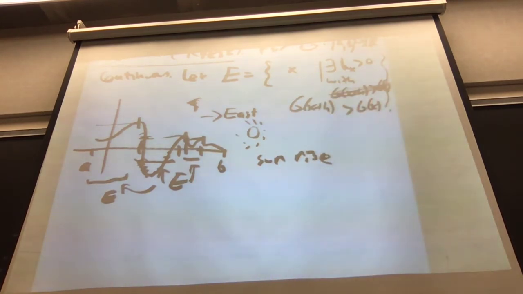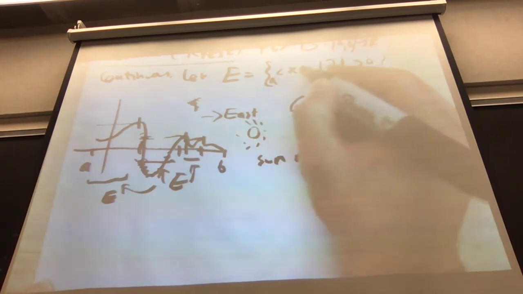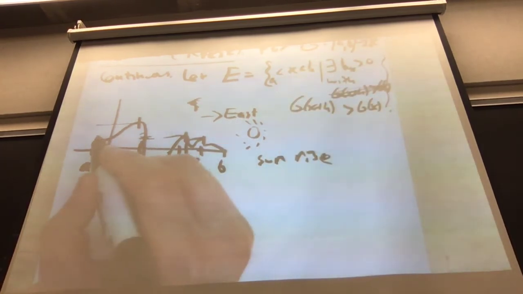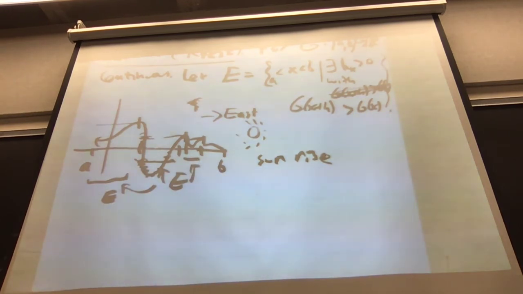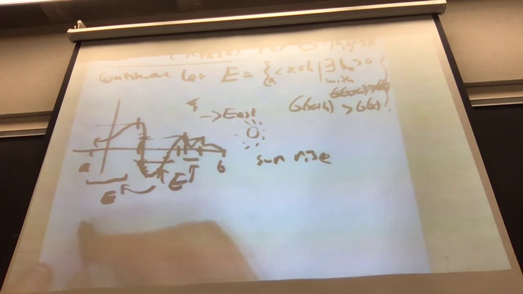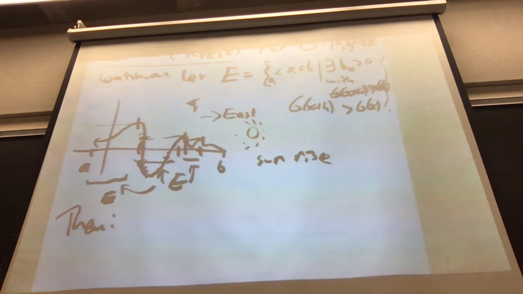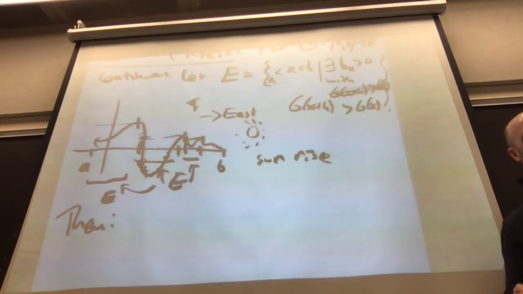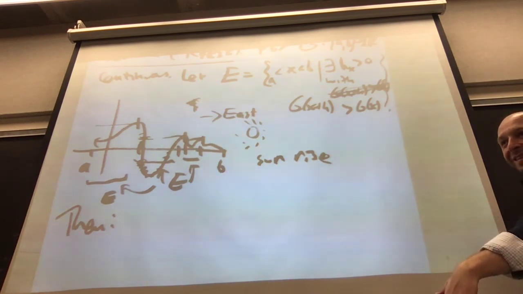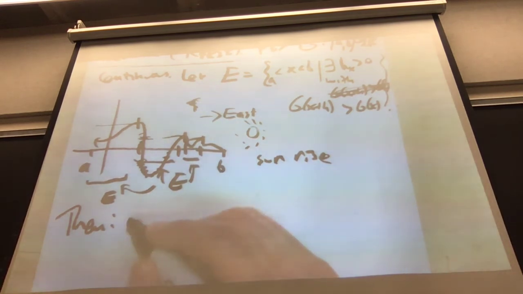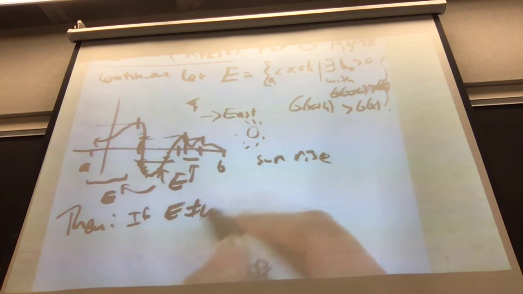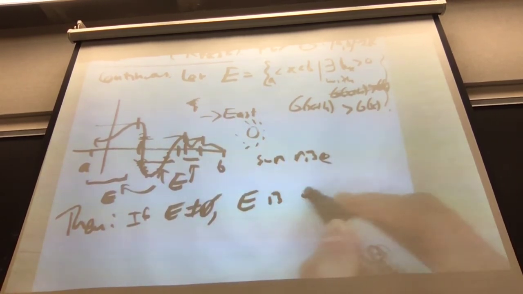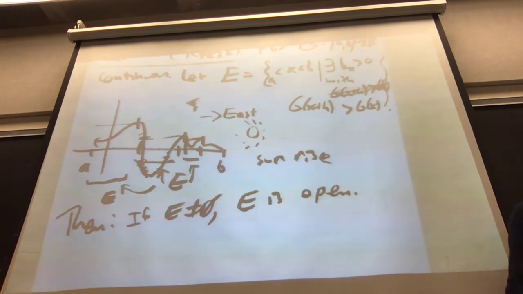The book gets a bunch of things wrong about this, incidentally. So I do not want to include the point a in my set E, because I'm about to say the following. Then, what do I want to conclude? First of all, E might be empty. If the function is strictly decreasing or just decreasing, then it's empty. If E is not empty, E is open. And moreover,